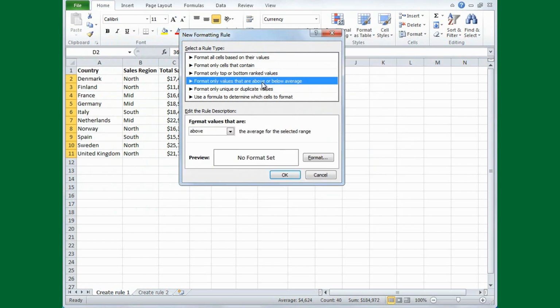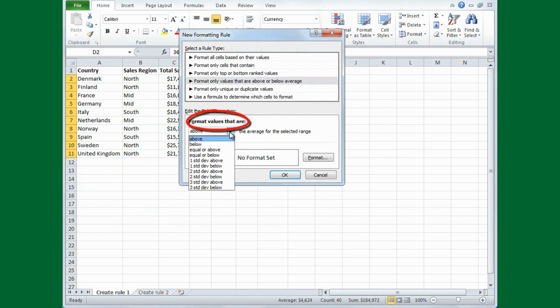Well, I want to select Format Only values that are above or below average. And here, under Format Values That Are, I click the arrow and see my different choices. I could click above, below, equal or above, equal or below, or 1 standard deviation above or below up to 3. Well, I'm going to click equal or below. Next, I need to select the formatting. So click the Format button,